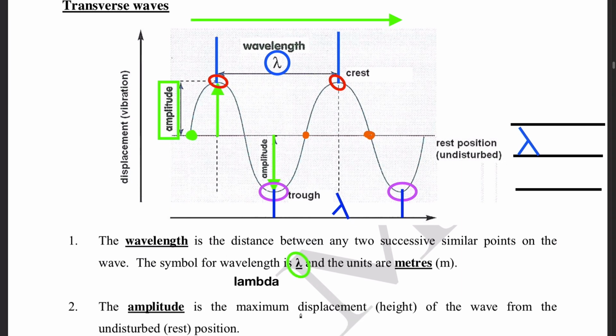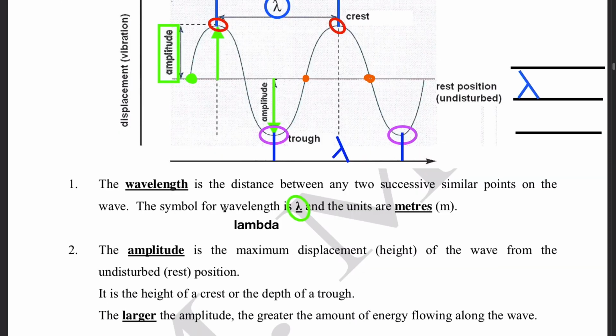The amplitude is the maximum displacement or height of the wave from the undisturbed rest position. So from the rest position, which is the middle, going to the farthest point from it, which is either a crest or a trough. Now with regards to amplitude, the larger the amplitude, the greater the amount of energy flowing